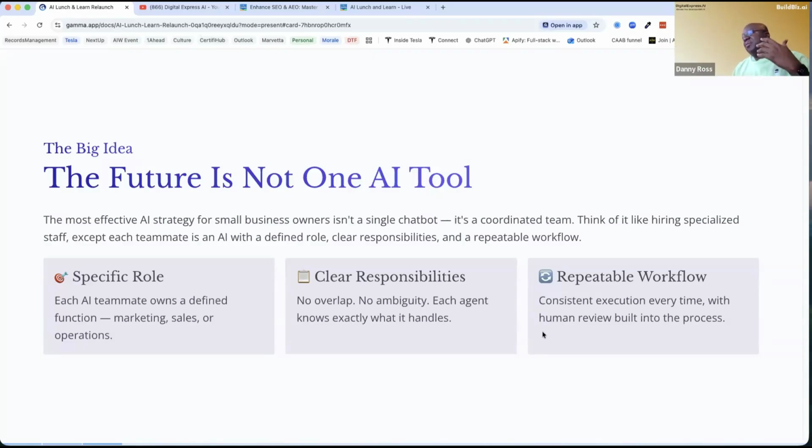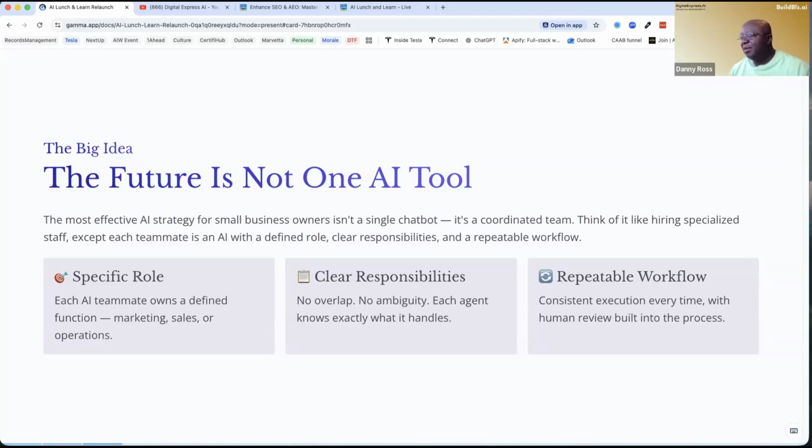Every time, we want to make sure that we have the concept of the AI super self, where you are the human being in the loop that is always reviewing anything before it goes out to the public on your behalf. So again, you as the human can offload the work, the task itself, but you're the human that has to manage that whole process.